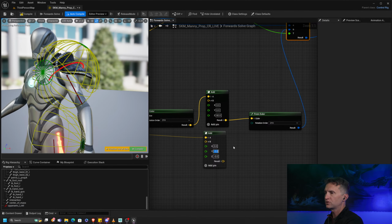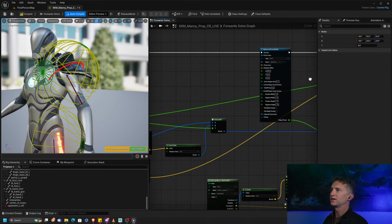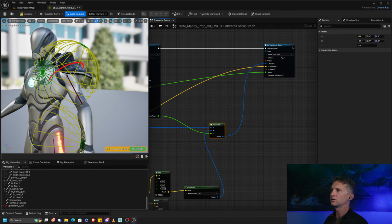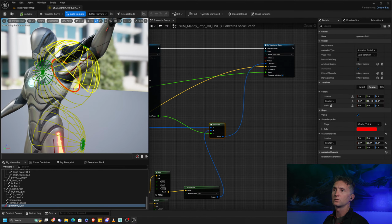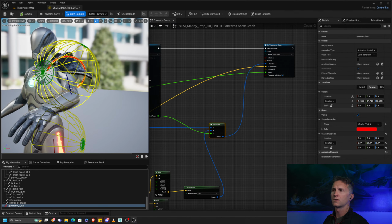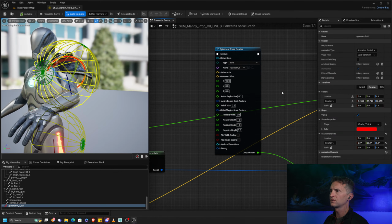Now, if you're having troubles, it might be easiest to isolate this, like skip one of these and just feed in straight to your final just to see what else is happening. So if we compile this, I'm going to save it just to see where we are right now. When we blend up, we still have our upward blend. That's cool. That's still working. That feels good. Do we have forward? We have no forward blend because